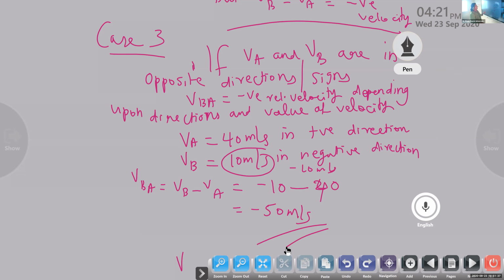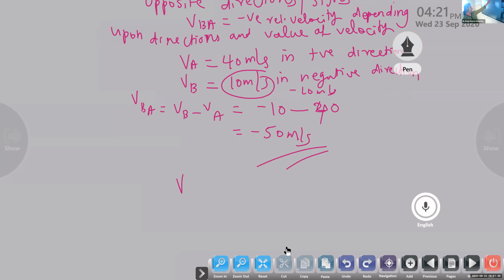So what's the meaning of this statement that VBA is negative? Because this is with the negative sign. So the relative velocity of B has a negative sign, which I can show you without any value. One is moving this way, another one is moving this way. So this is the situation of that graph. VA is going up. They are meeting at a particular point that we will discuss later. Maybe VB is coming this way, VA is coming this way.